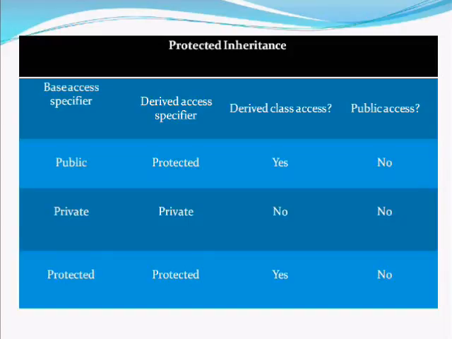When the protected members' data and functions are inherited in public mode, they become protected in the derived class. Thus, they can be accessed by the member functions of the derived class. On the other hand, if the protected members are inherited in the private mode, the members also become private in the derived class. They can also be accessed by the member functions of the derived class but cannot be inherited further.